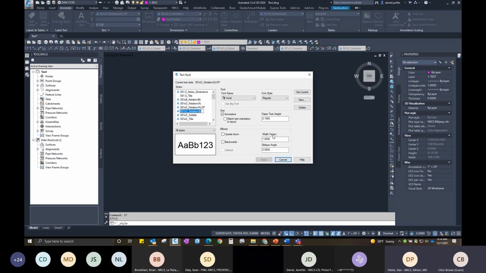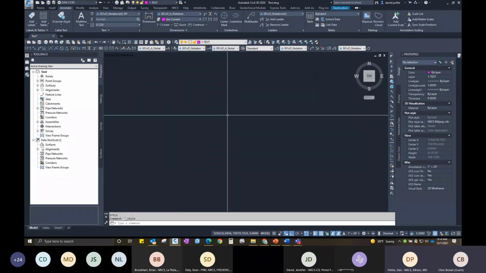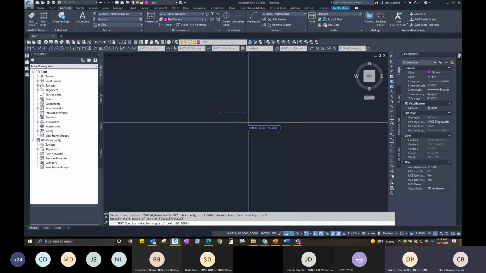Now you can adjust it for the text style itself, or you can do it specifically to the actual MText that you've done. So let's just do some MText, and MText is just the traditional MT for MText. I know there are folks that do single line text. You can do that. So if I wanted to do single line text,